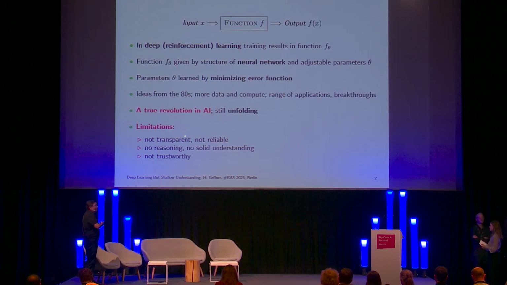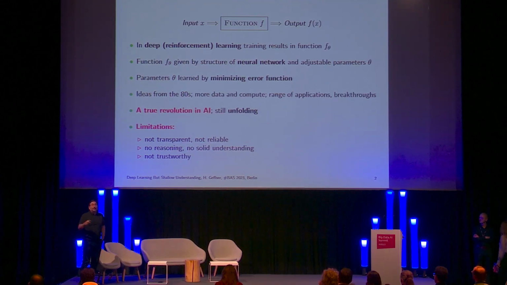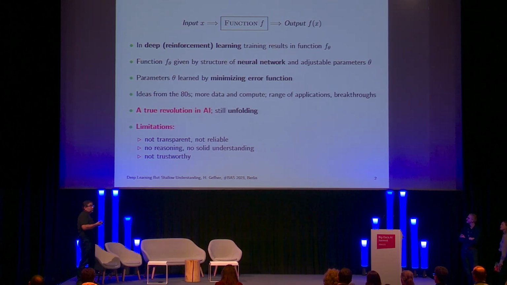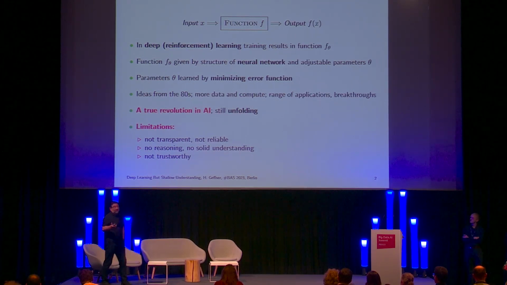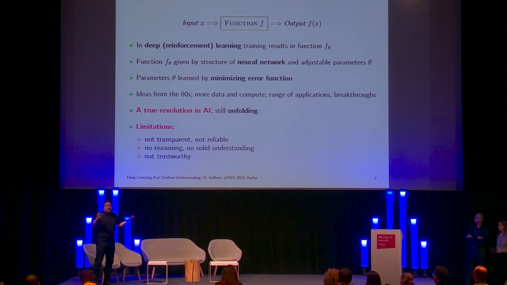So from the point of view of applications, one of the key things is that they are not transparent, so you cannot understand exactly what they do and how they do it. They're not reliable, so you do not want to use deep learning systems in applications that involve some sort of risk. And that's the reason they're not trustworthy. And one reason for this is they do not try to make sense of what's out there. Basically they are programs that are generated from the data, learned from the data, and also limited in a sense by the sort of representations and abstractions that they can build from the data.